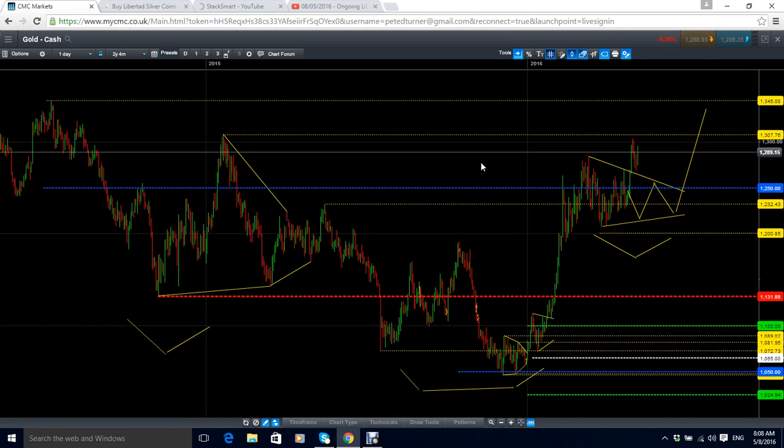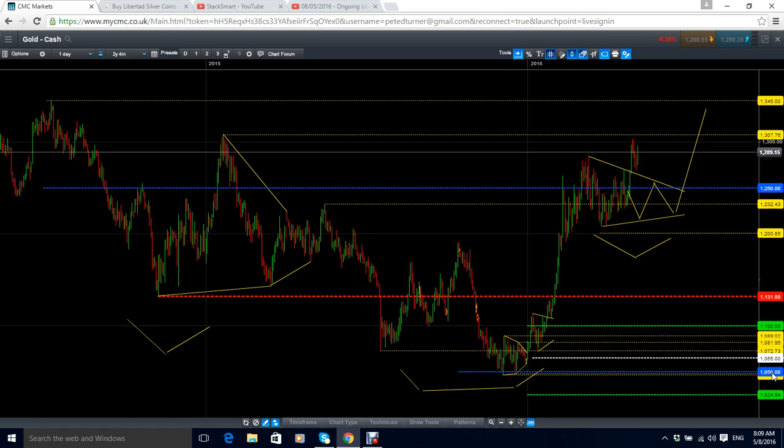And yeah, a couple of videos ago I was talking about this macro pattern, inverted head and shoulders on the gold price. And so let's go over it again. So we got the left shoulder here at the end of 2014, this is on the gold price, so this is 1131, and then we got the top of the pattern at 1050,